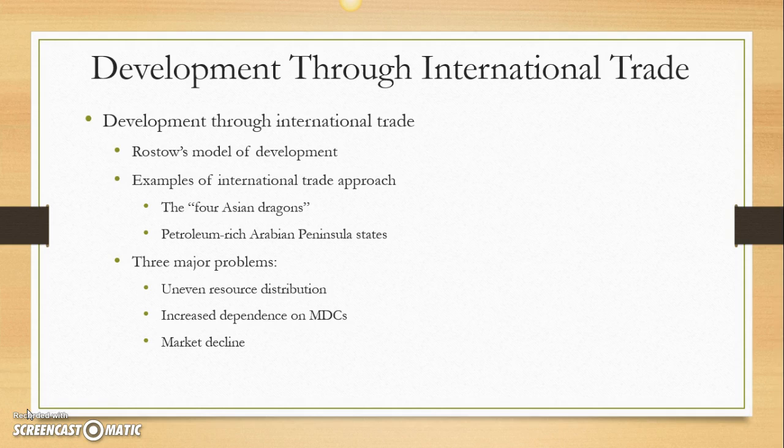One is that resource distribution is uneven, and as a result, so is development. Okay? And development here on a global scale, as well as to some degree a local scale. And when we talk about uneven development, it's also in terms of what types of development occurs. It can be very uneven. Okay, there's an increased dependence on more developed countries, which form the markets for these states as they're developing.